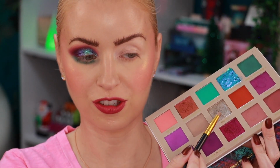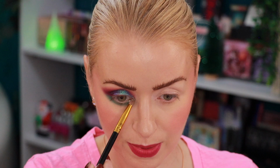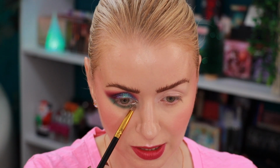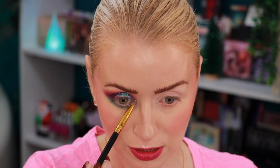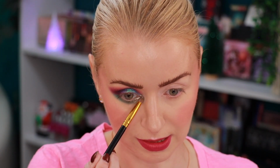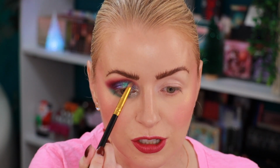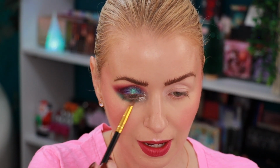Now for the inner corner, I'm going to go into this shade right here. This one is called Fang Male. I'm using a damp BH Cosmetics pencil brush. Guys, these shimmers are amazing. Absolutely amazing. I am gonna go add the finishing touches, mascara, eyeliner, and I'll be right back to show you